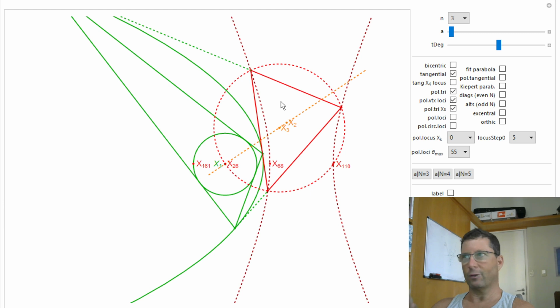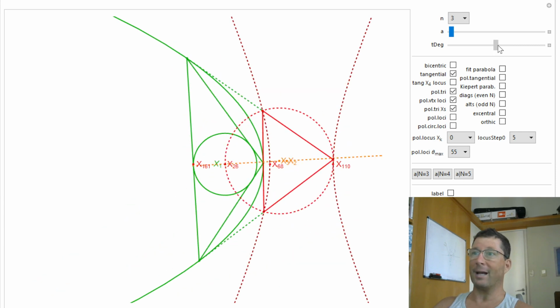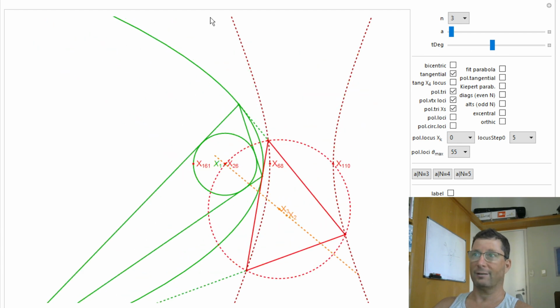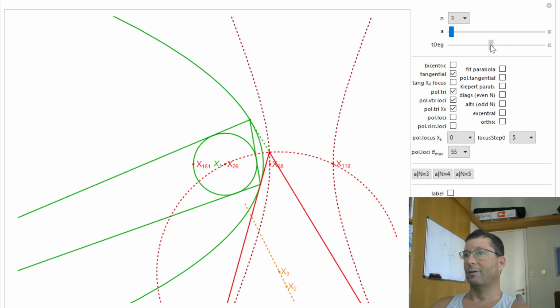Here's the barycenter X2 of my red triangle, and here's the circumcenter, the center of this outer circle here, which passes through the focus. Now, this is the Euler line connecting the barycenter to the circumcenter. The very first phenomenon one notices is that the Euler line of this family passes through the focus of the caustic, this green parabola here. So these two families are talking to each other in many different ways. This is the first one. We have a family of Euler lines always passing through the focus of the original